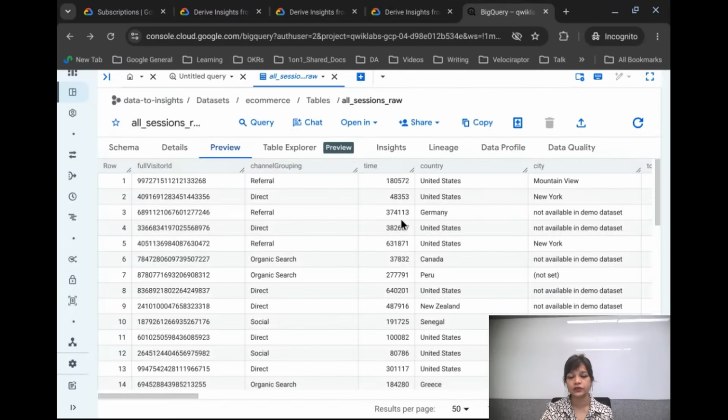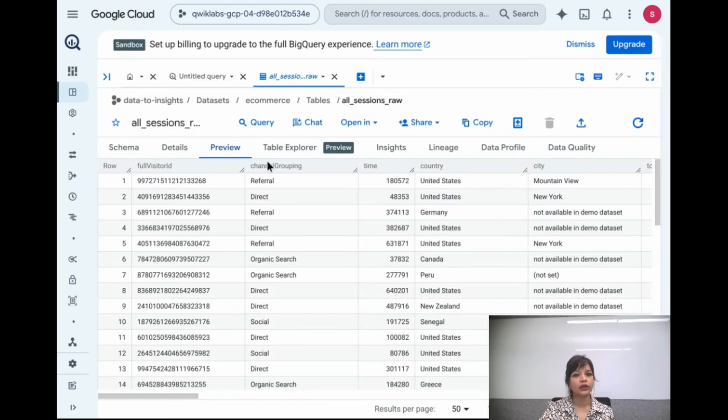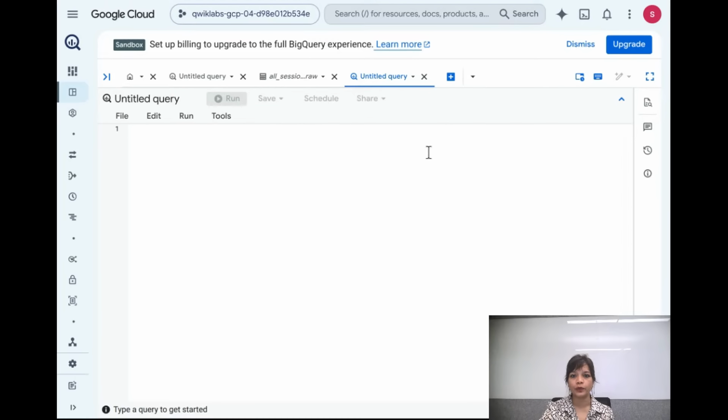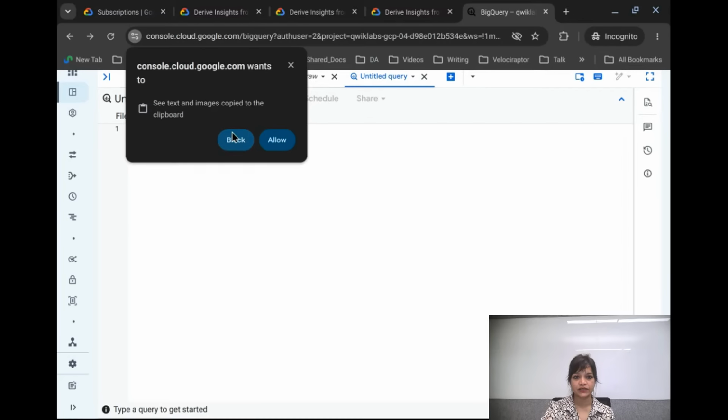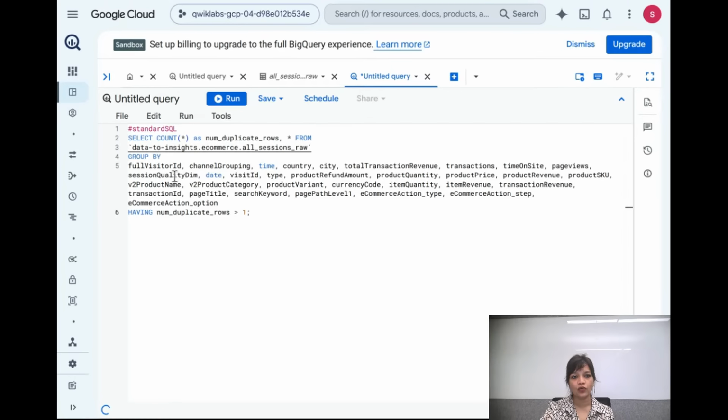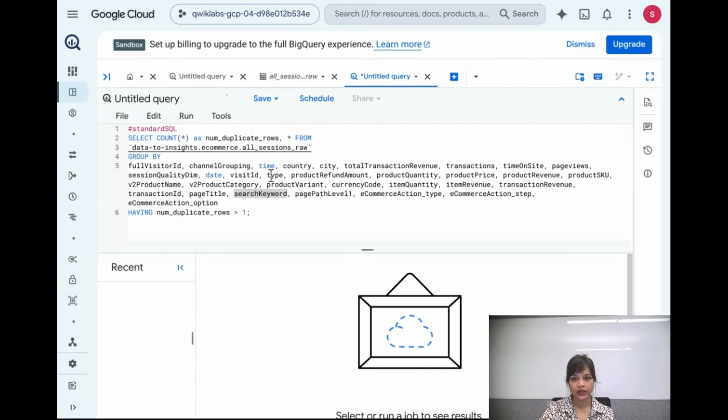Let's go back to the console here. Now, how do you run the query? You see this plus sign right next to the dataset and table tab. Click that plus sign. It will open an untitled query. Paste this right here. And there we go. Like I said, it selects just the number of duplicate rows in this table by running this query, where you group by all the fields and count the rows which are exactly the same, where they are more than one. So let's run this